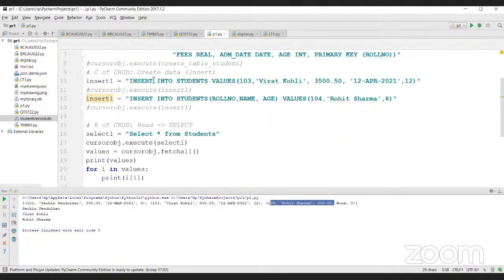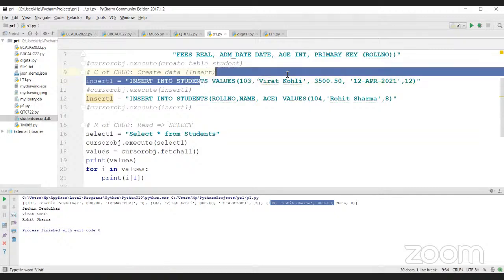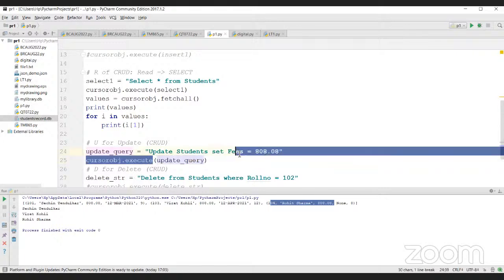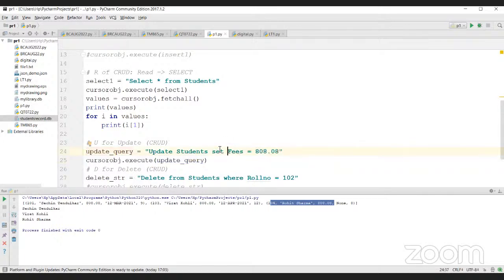Then we have insert, where we are inserting in the table. Then we discussed update, where we are updating some set of values based on a given condition. Condition is that,